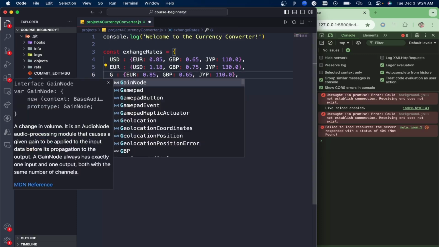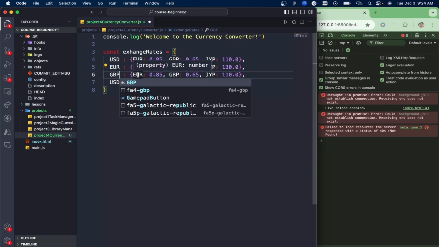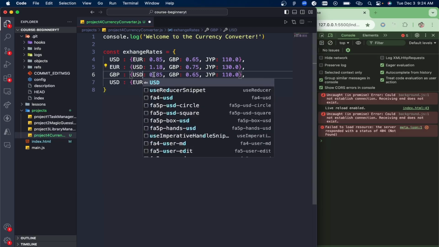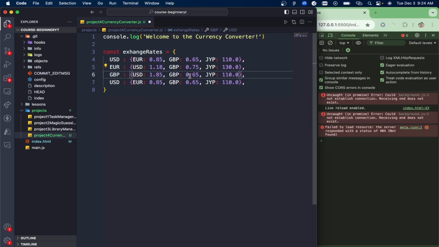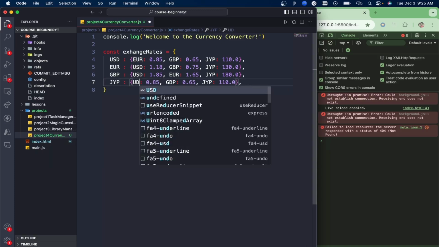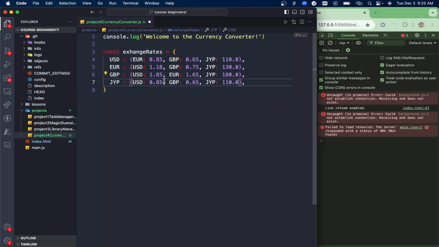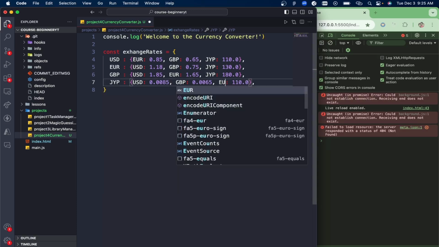And then over here, GBP and USD is going to be 1.35, and then over here euro is 1.15, JPY is 150, and then over here JPY, USD, of course, is going to be 0.0, and then 0.0. Over here is going to be euro. Okay,